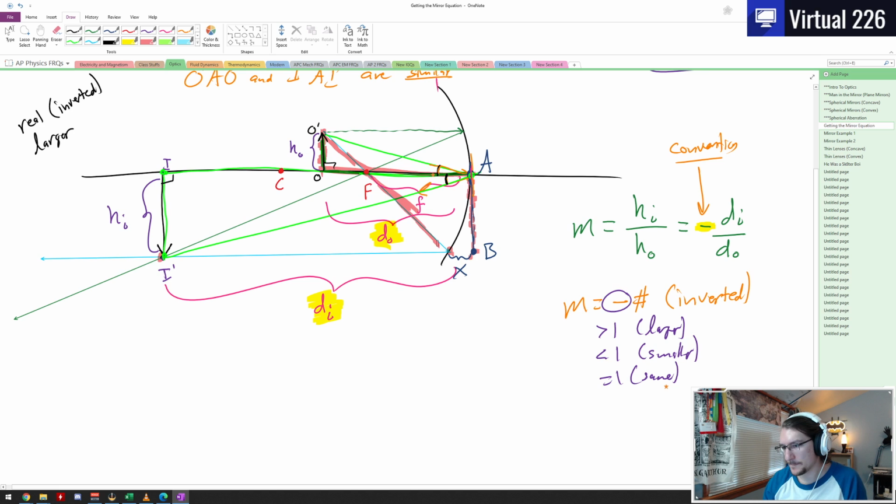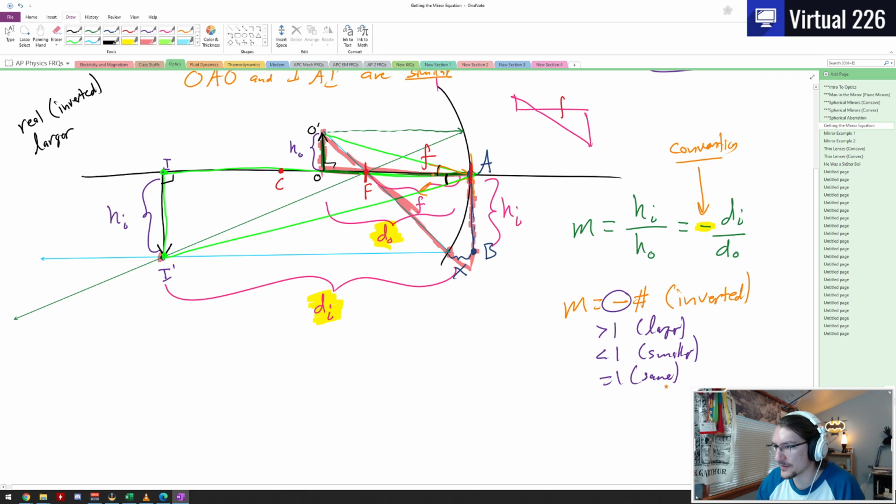Now, why do these triangles matter? Well, the distance between A and B here on this straight curved mirror is the height of the image. I just took this left side here and moved it over to the right. This kind of looks like a weird little bow tie, right? And if we take a look at that, we can get information out of this. The distance from here to here is the focal length, and this is the height of the image,